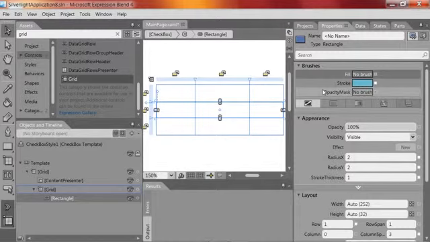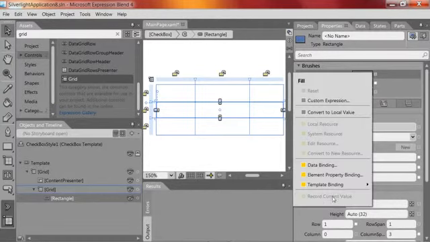So what I want to do is give them the choice around using their own colours. And we do that through a notion of a thing called template binding. The idea of that is that within the control's template, I can refer to properties that will be set by a user on the control. So as an example of that here, let's go and set the fill of this rectangle to be template